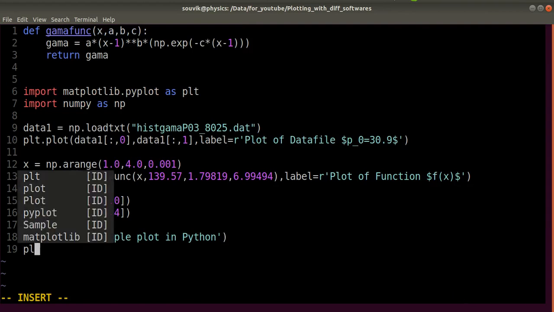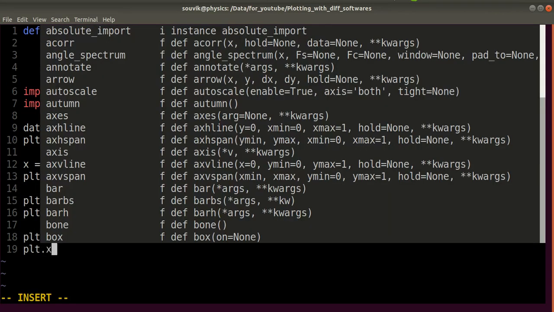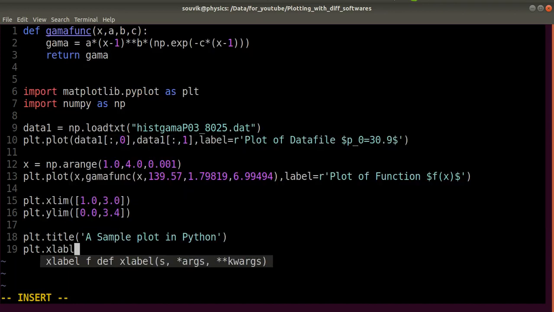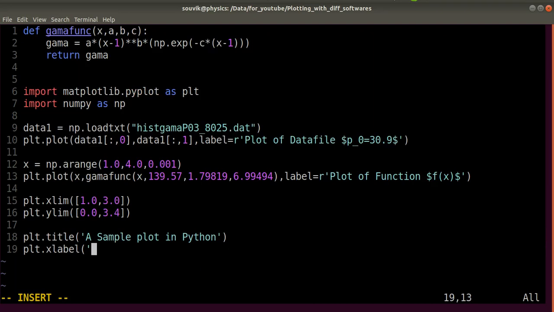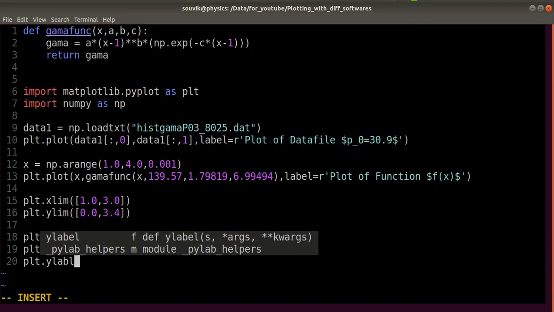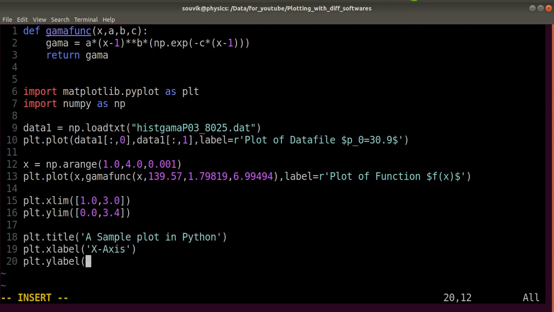And now you can also put the label, x label, and let's say x label is x axis, right? And similarly you can also put y label. Y label is, let's say, y axis, right?